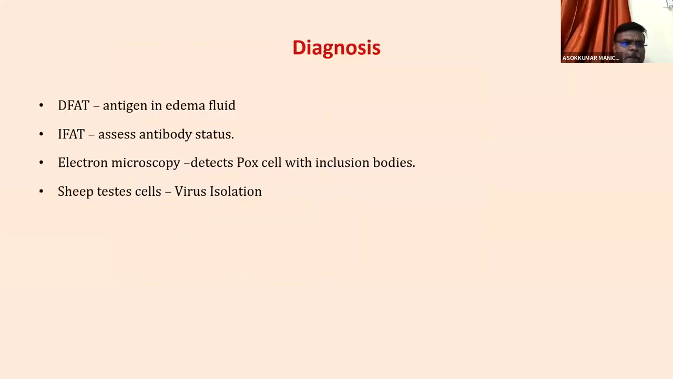For diagnosis, there is the direct fluorescent antibody technique. We just have to collect the edema fluid. If we have the monoclonal antibody, we can go for the direct fluorescent antibody technique, which is like the technique we use for diagnosis of rabies. Otherwise, the indirect fluorescent antibody technique is used to assess antibody status, or electron microscopy detects pox cells with inclusion bodies. If you want to go for virus isolation of sheep pox, lamb testis cells are commonly used as a substrate for virus propagation as well as